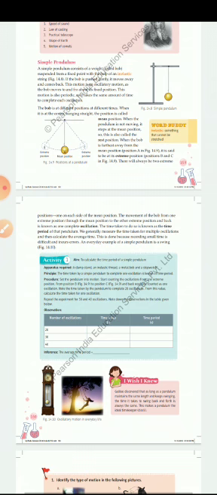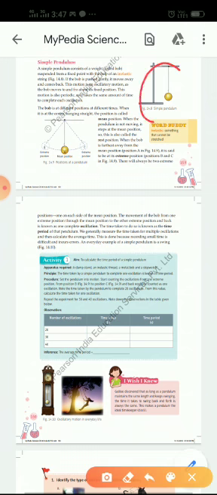The simple pendulum is, you can see here there is a figure given over here, that is a simple pendulum, means a bob which is suspended. This is a bob which is suspended from a fixed point. This is the fixed point, and it has been suspended by a string. Okay,